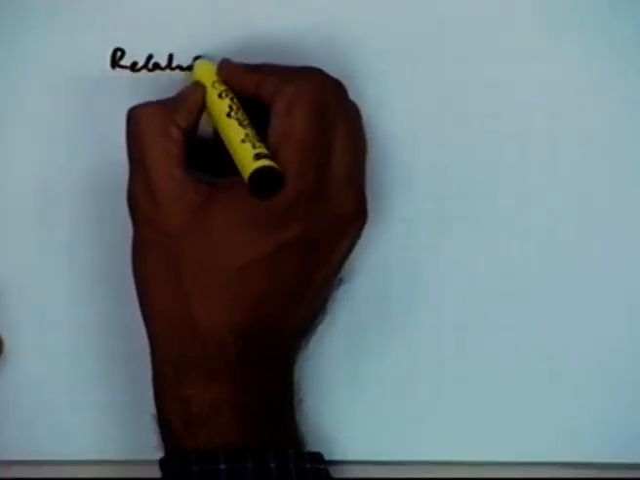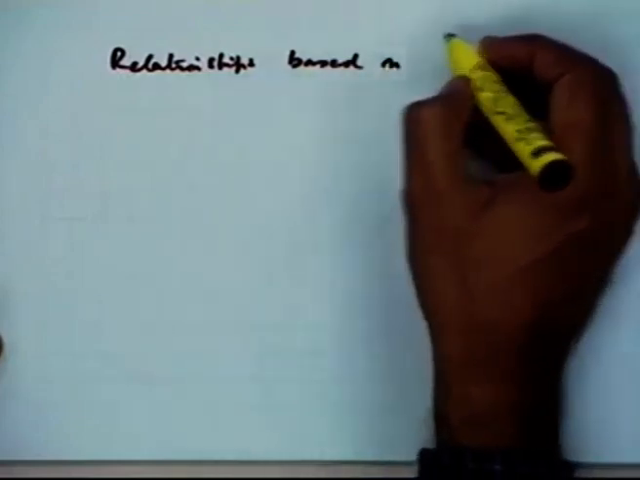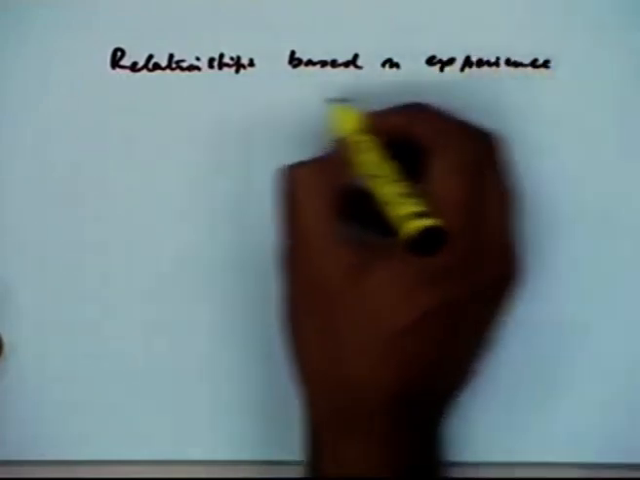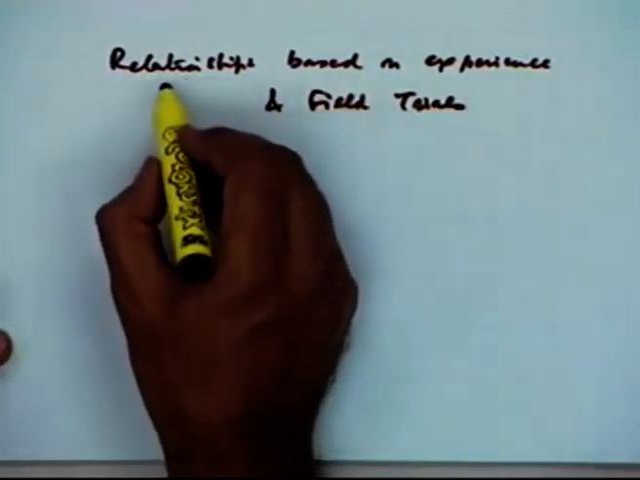So these relationships, which are based on experience and field trials, are very important in the absence of detailed data, because you can also use the hydraulic relationships which are more exact, but many a times you will find that the required data is not available. So you have to start at least looking at the designs with some